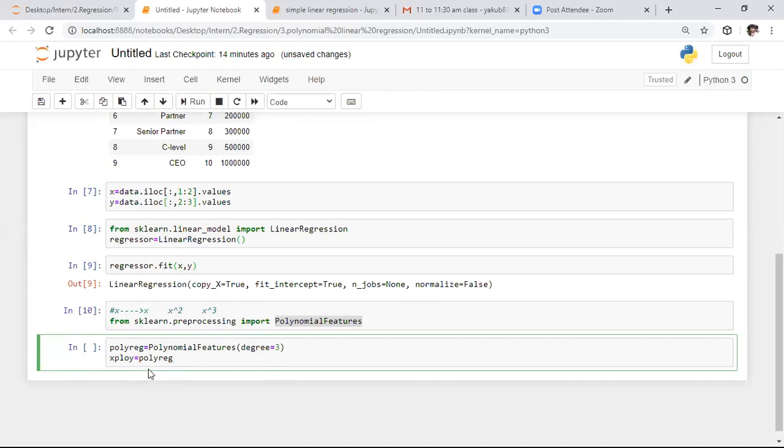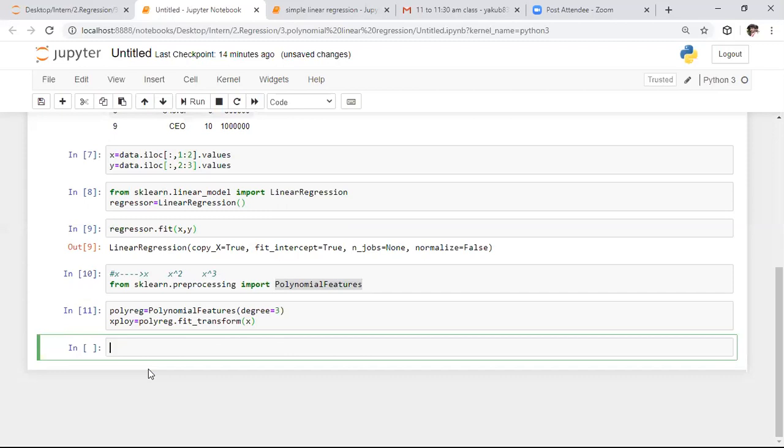So polyreg, I want to fit transform the data which is present in x. So I am applying the fit transform method, fitting and transforming the data which is present in x.